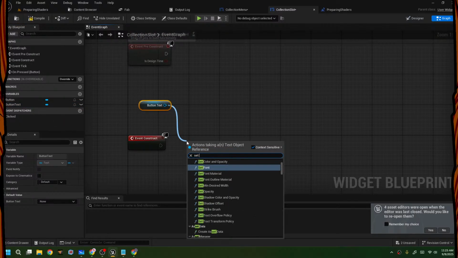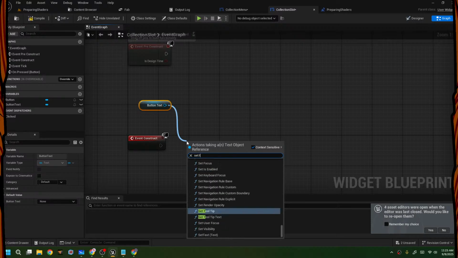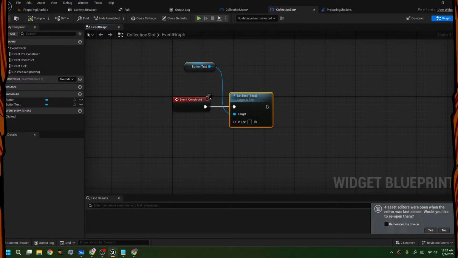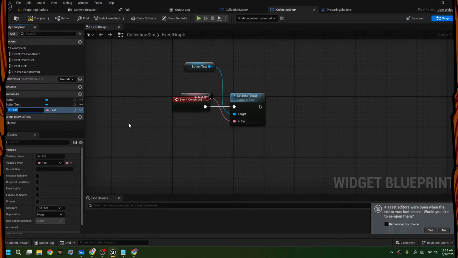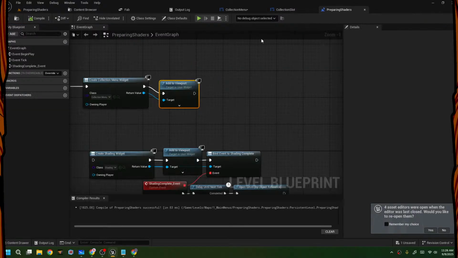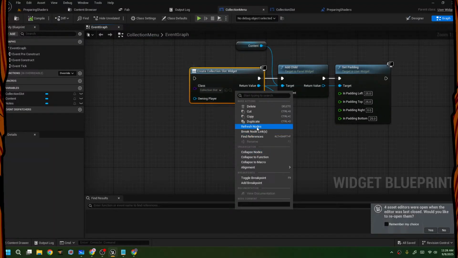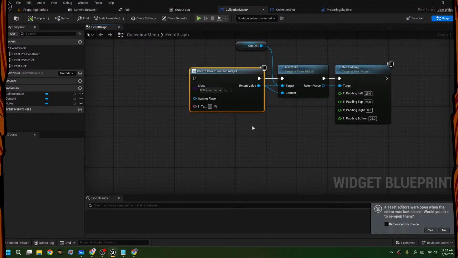Button text, set text, and then we're going to have a promote variable in text, expose on spawn, compile, save, go over to collection menu, refresh it again, and over here I'm just going to say height. Okay,